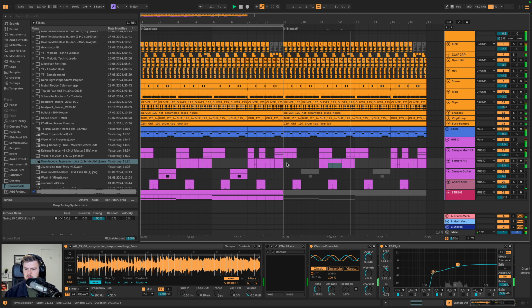Now, notice something really important here. I just duplicated the loop, which is the first step to get out of the loop phrase. It's just to duplicate it. And with the second version, we're going to create what we call a quote unquote normal section. This is a more stripped back standard level of energy that we're going to rely on for the majority of our arrangement. So it's not going to contain as many layers. So if we listen to this part of the track, this loop,